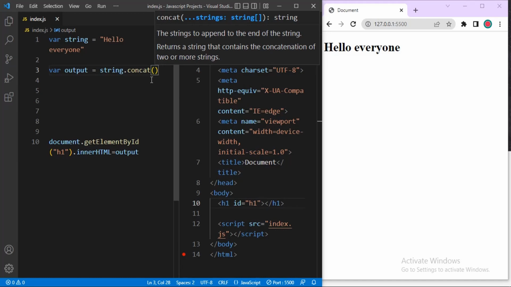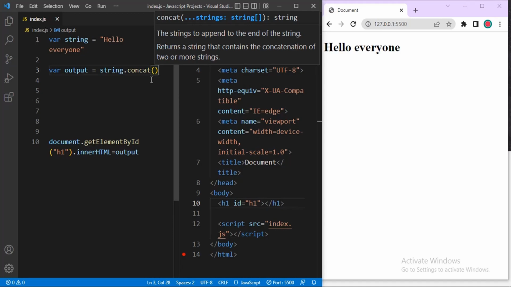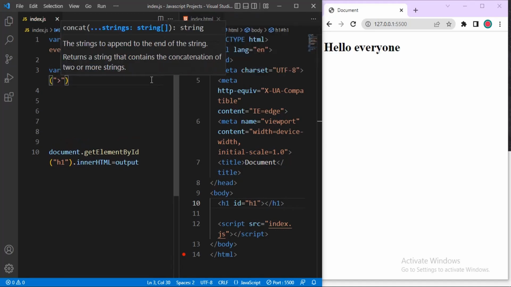The first argument is any letter or any symbol that will separate the string that you want to add from the existing one. And then the second argument is the string that you are adding. So let me use a greater than symbol here, and it will be inside the double quotes. Then I put a comma, and then say something like